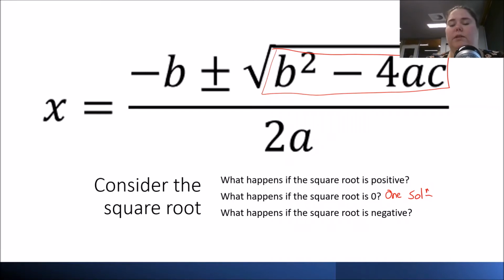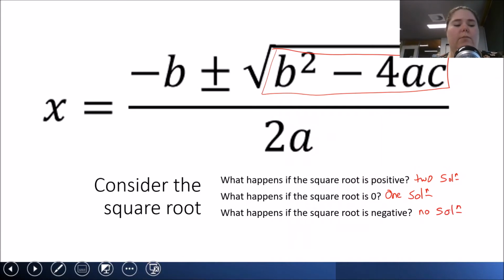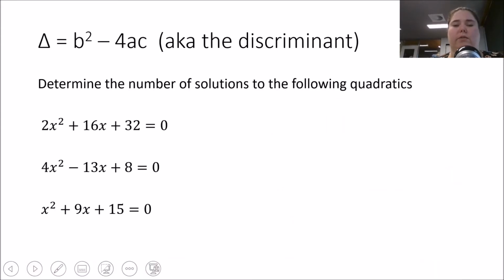If this number is positive, like you should have done with your quadratic equation, you get 2 answers, or 2 solutions. And you cannot take the square root of a negative, which is why, if this number comes out as negative, there are no solutions. Cool. And so that bit under the square root is called the discriminant. We use this little triangle, this little delta, to represent the discriminant. So if you see that, that's what I mean. Whenever you're talking about the number of solutions, we are talking about using the discriminant. We don't actually want to solve it, we just want to know how many solutions there are if we solve